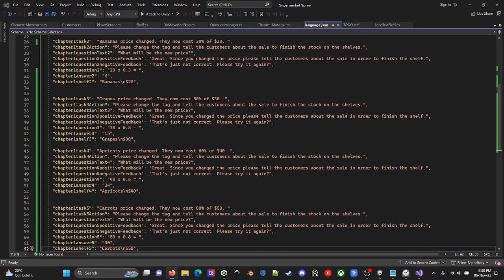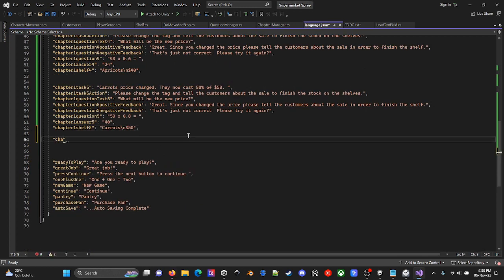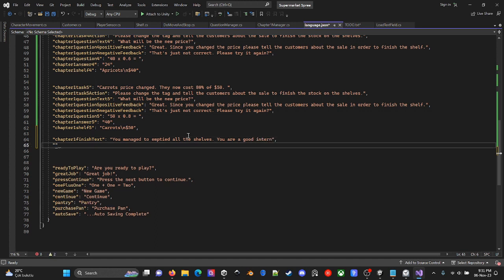Let's think about chapter 2. After chapter 1 finishes, I need to tell something about it, a chapter 1 finish text: you managed to empty all shelves. You are a good intern. And let's update the chapter 2 welcome text. Let's update this to the chapter 2 welcome text, which will be: let's help me. Now we need to help me to